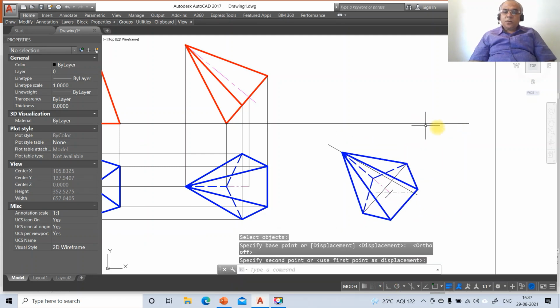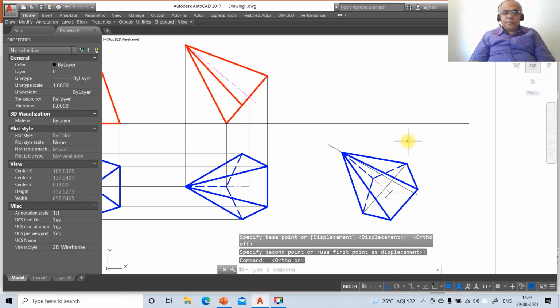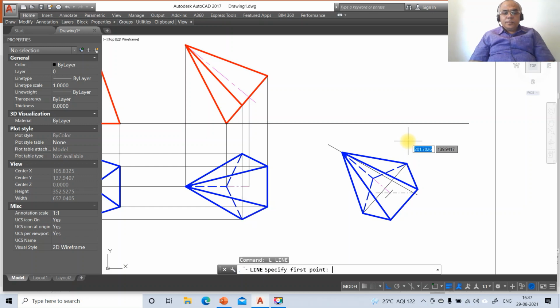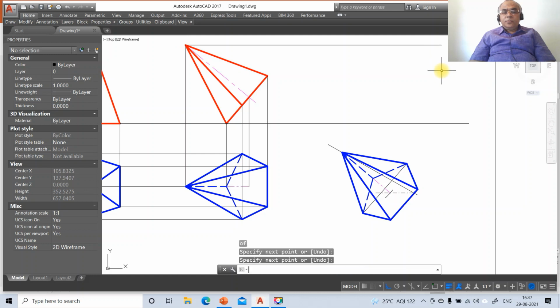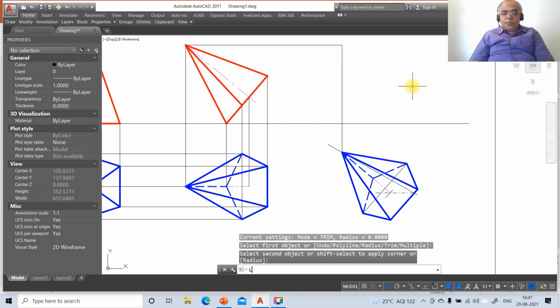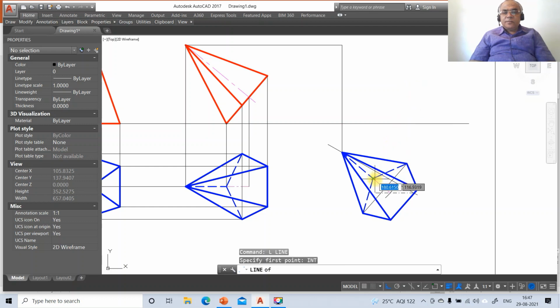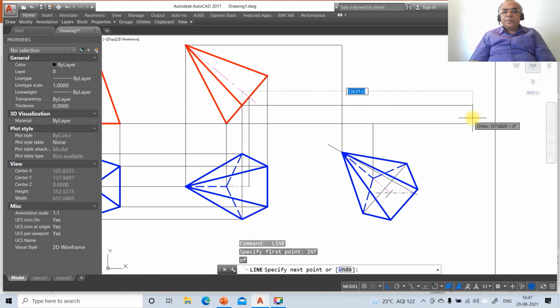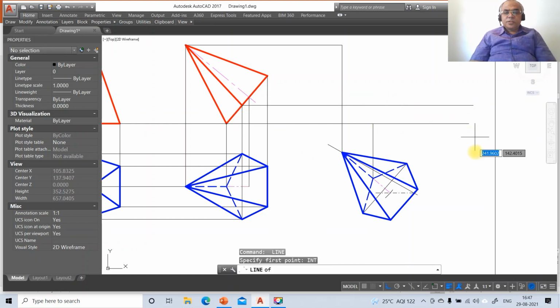Now once you have this, now we need to write the front view. So to do that, go to line, take intersection point of this and then go to line, take INT of this and draw perpendicular to this line. Then go to fillet between these two, then go to line, take INT of this and draw perpendicular to this line. Once you have this, then go to line, take intersection point of this and then draw a horizontal vector,